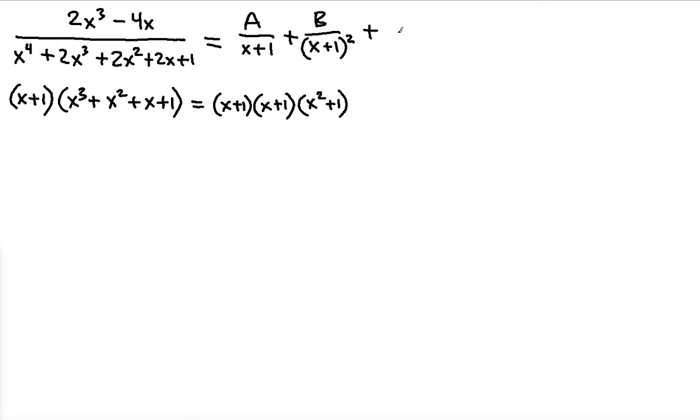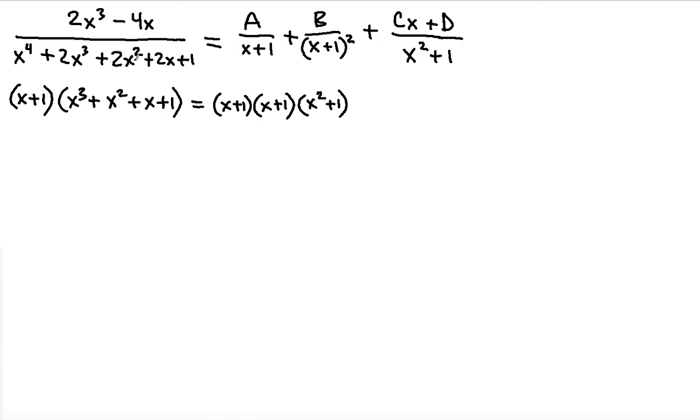Now, when it comes to the quadratic prime factor x squared plus 1, you're going to have two constants. The first constant must be multiplied by x, and then the second one by itself. This will be x squared plus 1 on the bottom. And again, this is true for quadratic prime factors. Whenever you have that, you're going to have two constants. One of them will be multiplied to the x, and the other one will be by itself. So you need to find a, b, c, and d